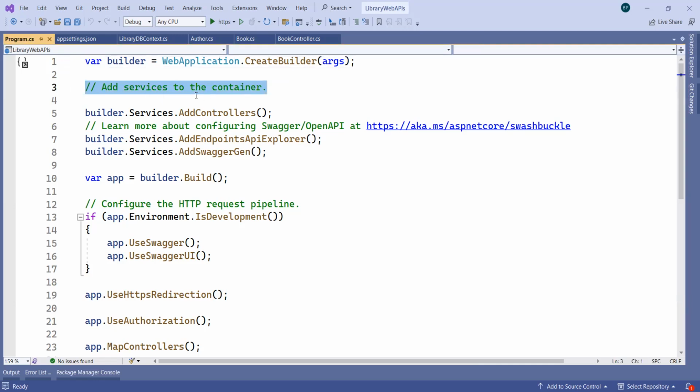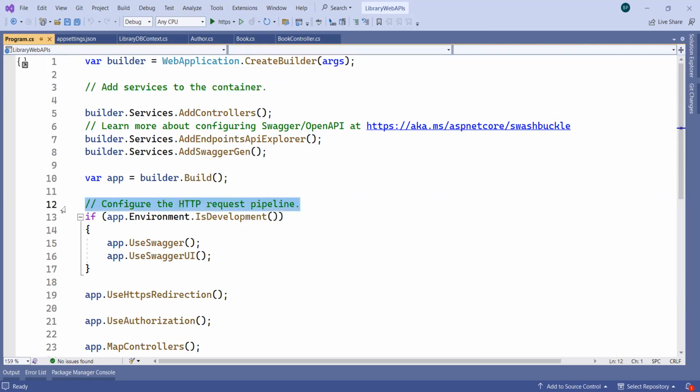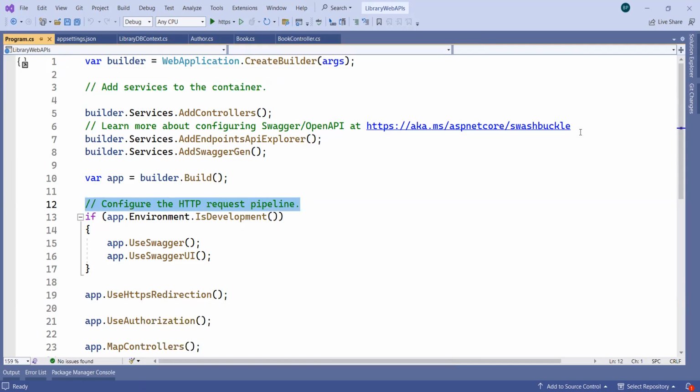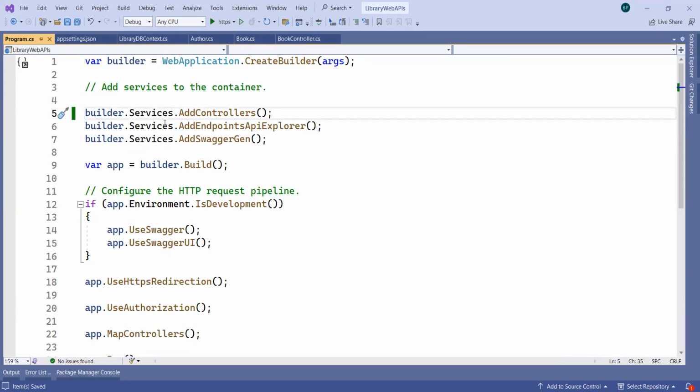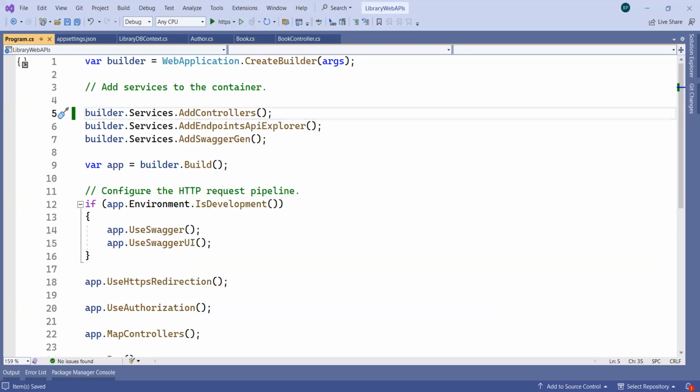Here you will have to register your dependencies. And you can see again, configure the HTTP request pipeline. From here onward, you can write or use your middlewares or your dependencies. In the startup.cs file there were two functions, Configure and ConfigureServices. But now in the program.cs file, in the same file, you can write both things. Now let's register the DbContext file into your program.cs file. How to register that? Just go here,